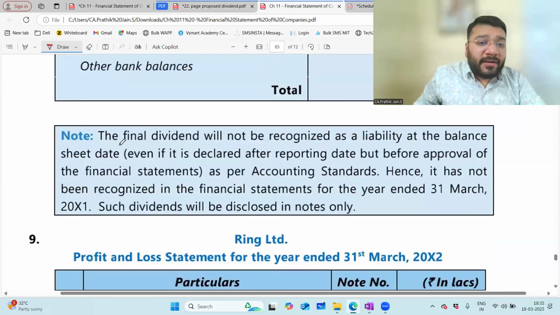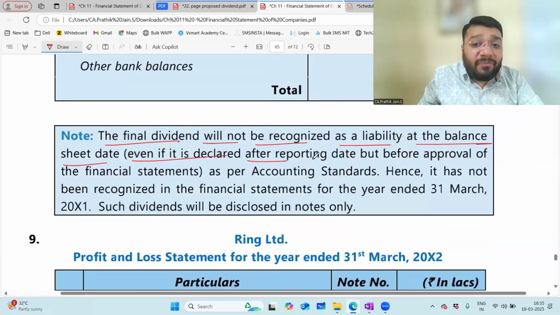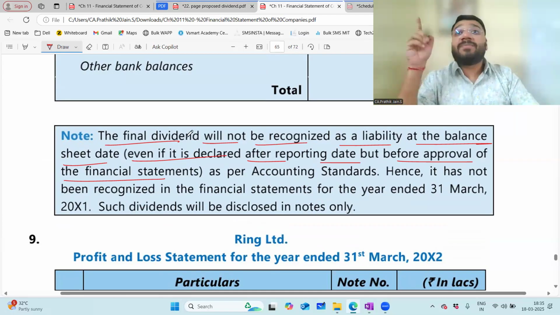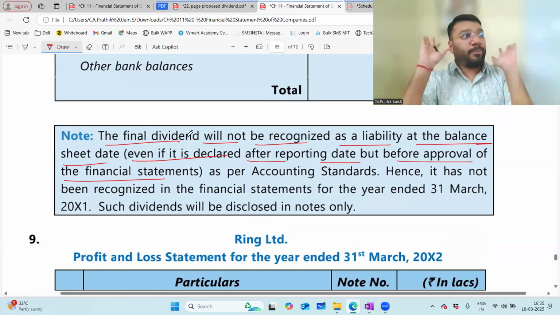The final dividend will not be recognized as liability at the balance sheet date, even if it is declared after the reporting date, but before the approval of the financial statement. This is a big blunder of a statement they've given. What are they telling? The final dividend. What is the final dividend? The dividend that is being finally, say, 10 rupees per share, that is being proposed after the end of the year,